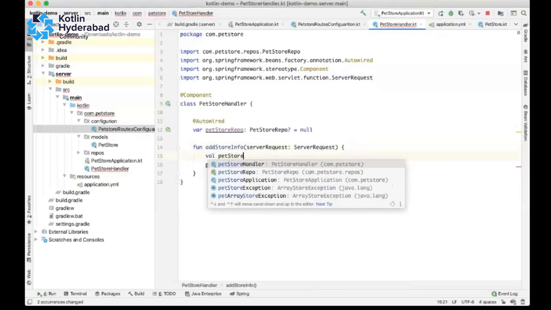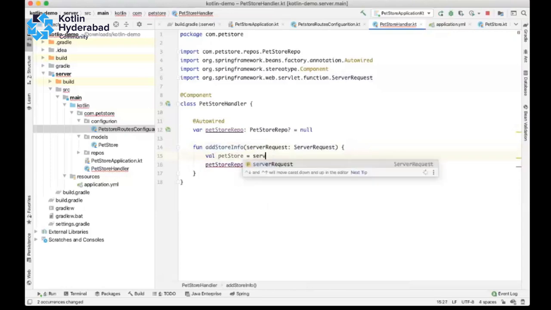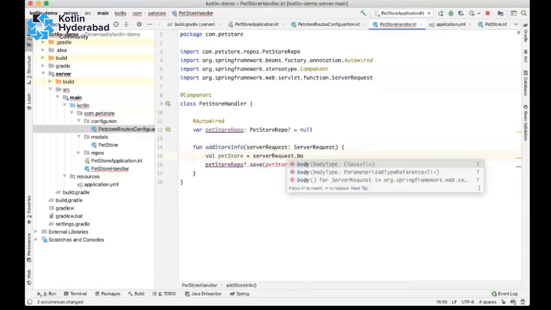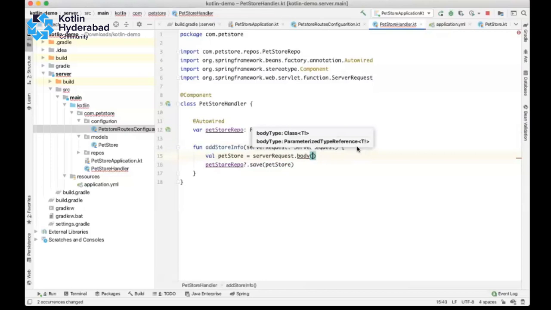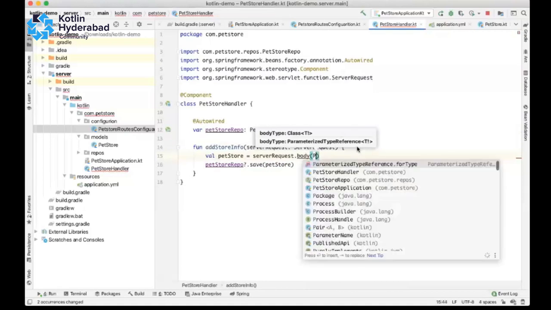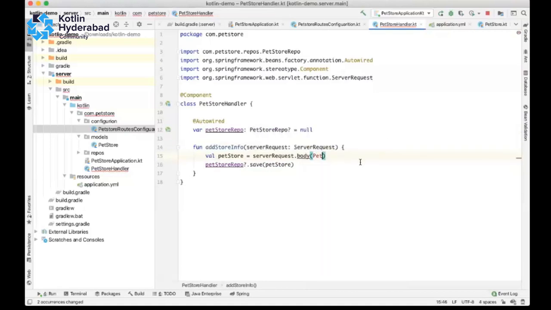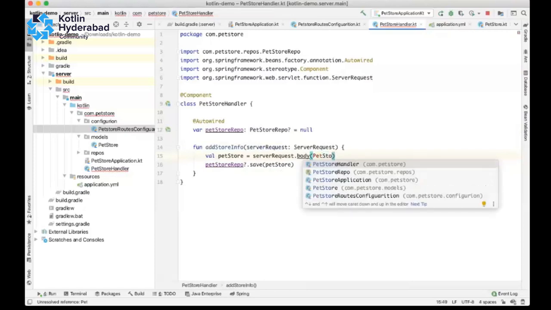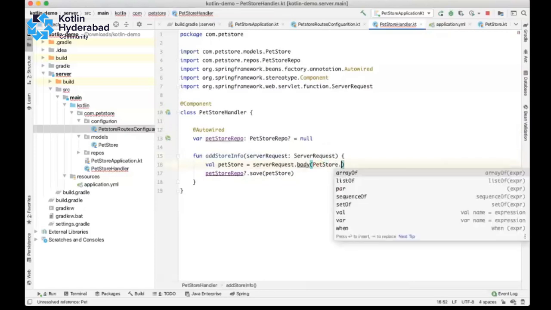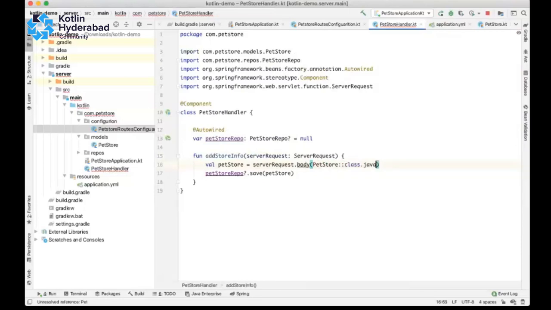That's equal to server request dot body to mono of type pet store. This is how we refer to class references in Kotlin.